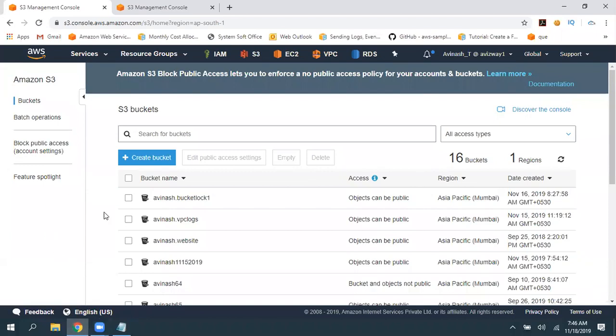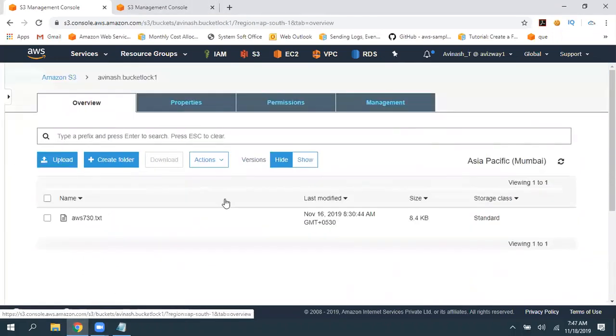How to delete an object from Glacier? Don't we know that? We discussed that, right? If you apply a lifecycle management rule, it is going to delete automatically, even if it is in Glacier. Okay, so now let's observe.